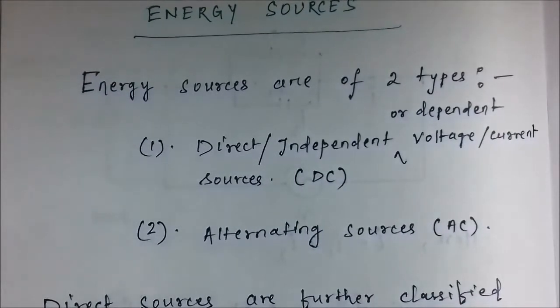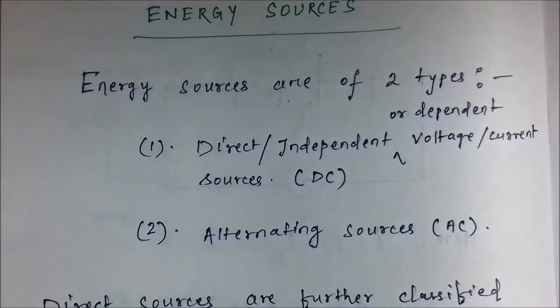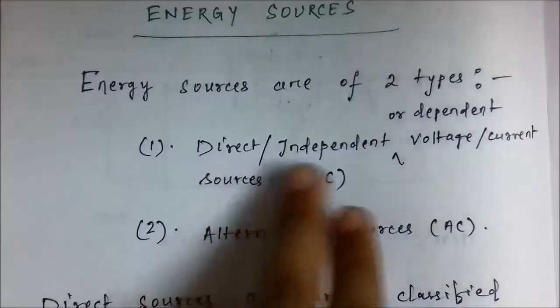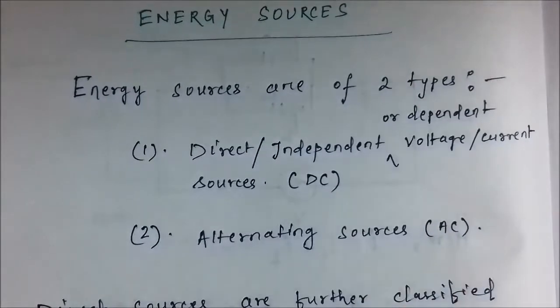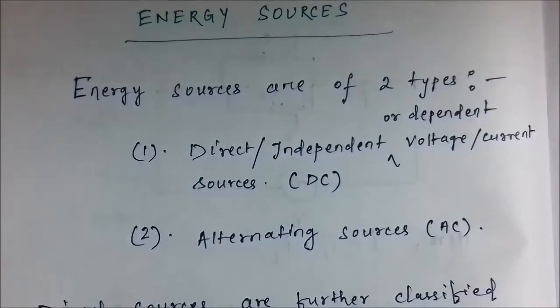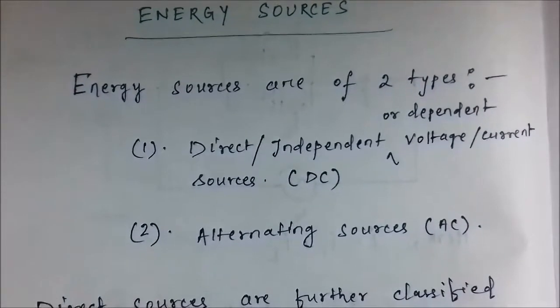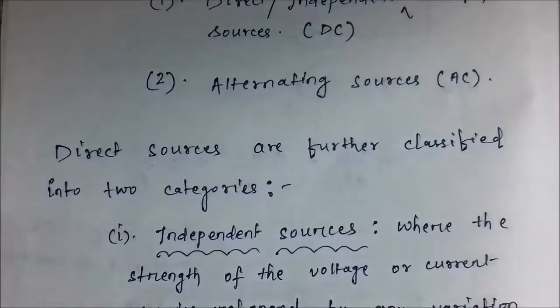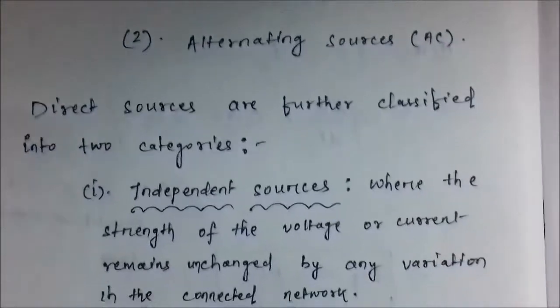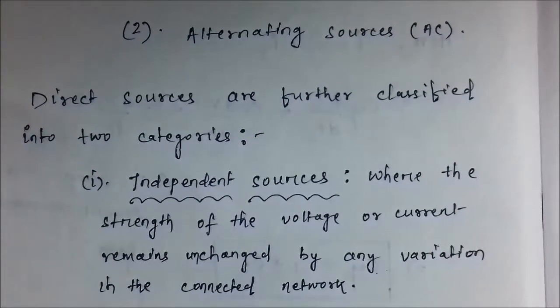their magnitude and direction change with time. The direct sources are DC, whereas for the alternating sources, their magnitude and direction change with time. As simple as that. Now further, the direct sources can be classified into two categories: independent sources, where the strength